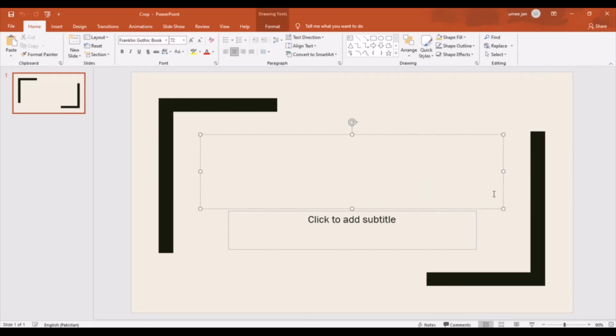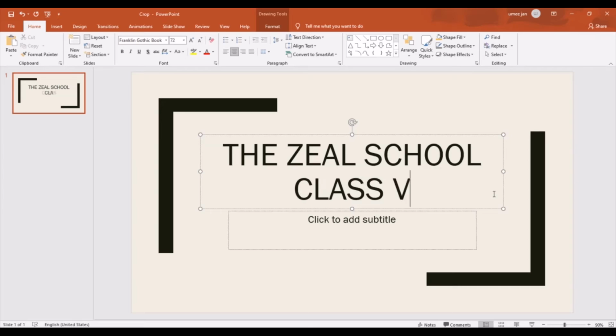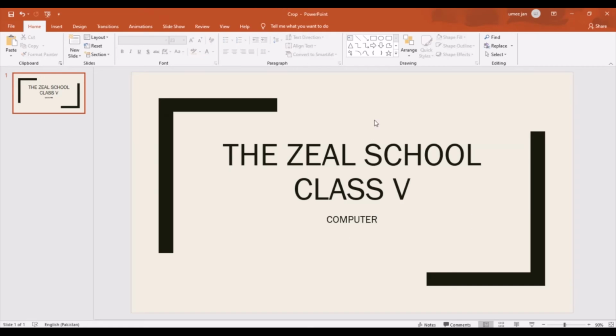Just click and then add the title, which is Zeal School class 5. Now this is the title of the presentation. And in the subtitle I'm going to write the subject, which is computer. So this is the title page. We can add text to the placeholder by clicking on the placeholder and then writing the text.